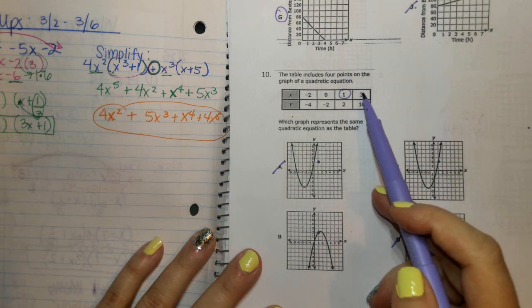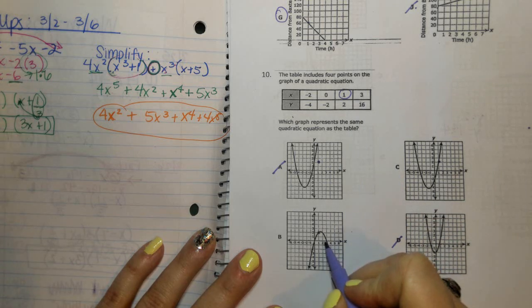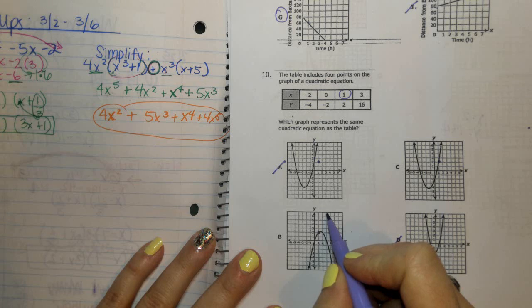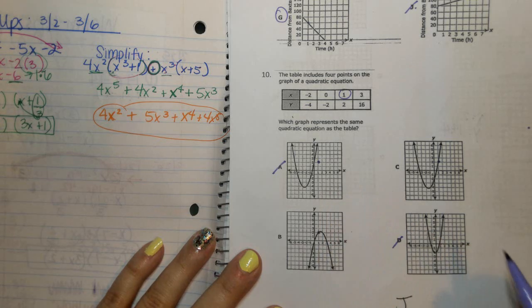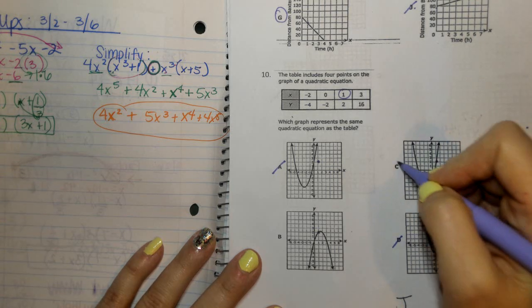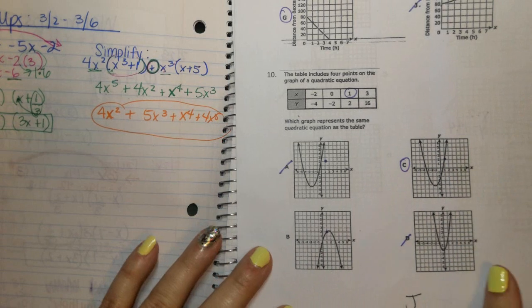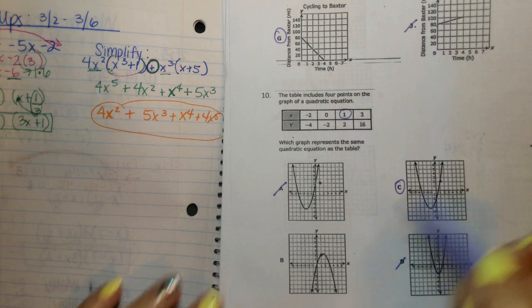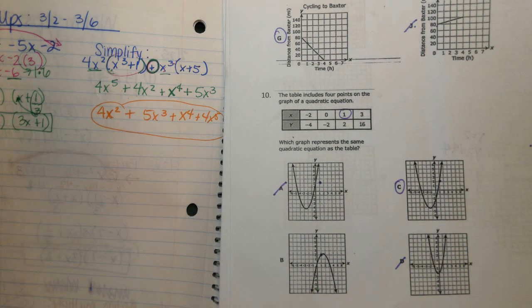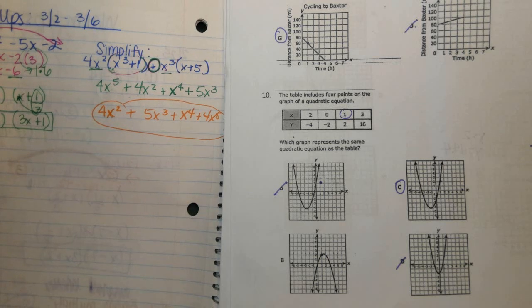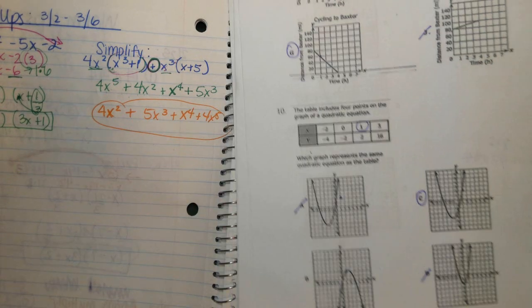So let's look at the others. 3 and 16. That would be way up there. Oh, that one's not working. So we already know it's either B or C, and that tells us right there it's C. So what I'm doing is looking at the graph for x and y, and I can substitute those in to see. So once you're done with that one,